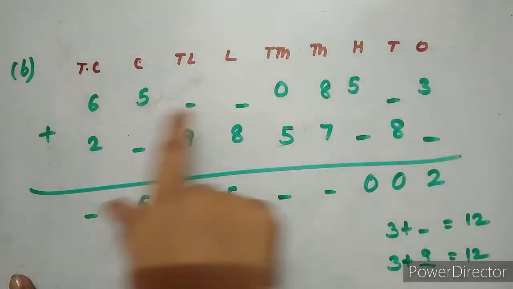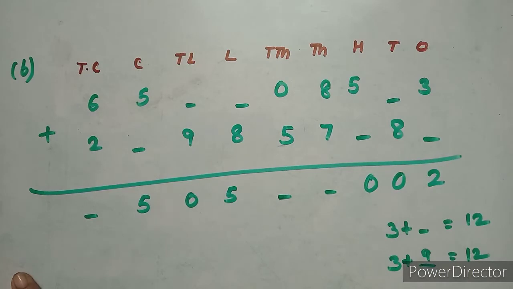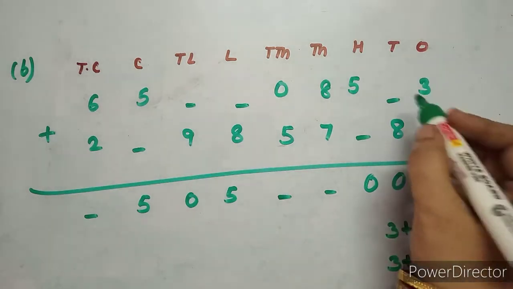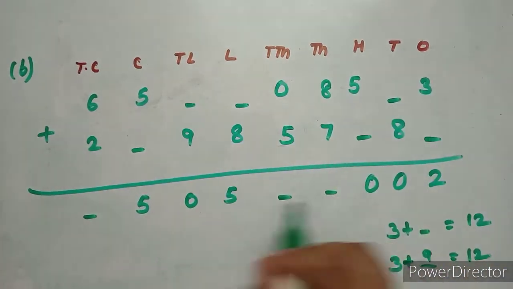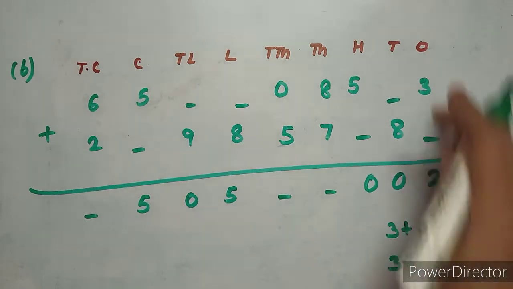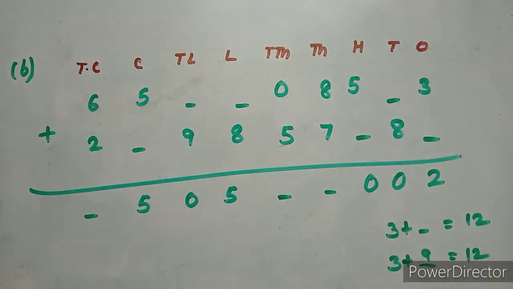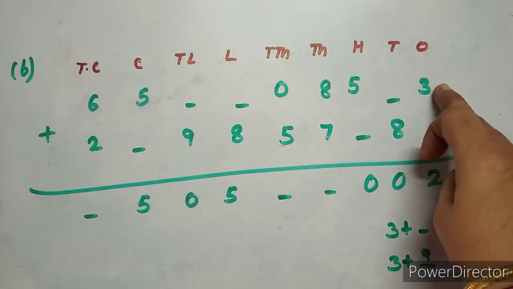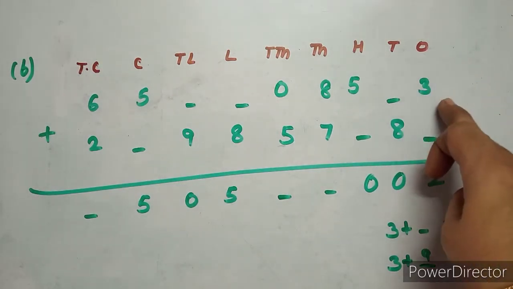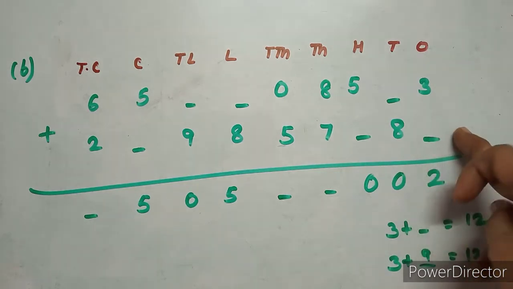Now see the second problem, the find the missing digits. So I have arranged it according to your textbook. So again I have kept the blank spaces. Can you see the blank spaces here? So see the blank places I have kept. So again I will start from ones position. Now see here in the ones position you have 3, then blank, then 2.